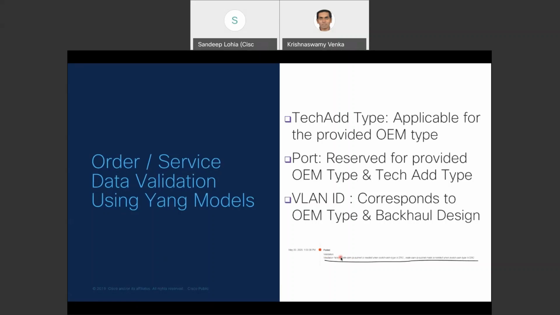Validation is the first step that happens post submission of the order. So we are able to identify that at a very early stage so that we don't have to do any rollbacks or endure through the management of partially applied configuration on multiple devices, on multiple NSOs. So the validation logic itself is written or coded within the microservice, and hence it is very easy to enhance